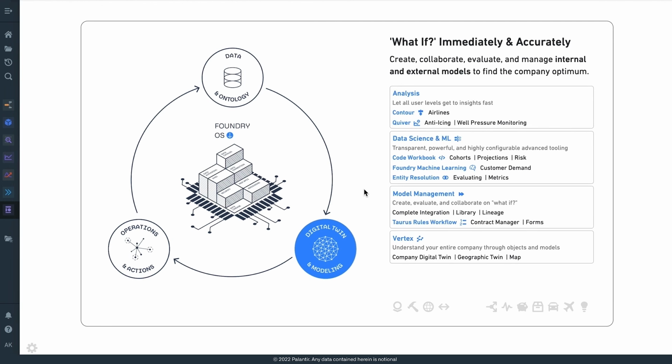The second piece is now how do we bring modeling, data science, linear programming into that same frame so we can actually overlay intelligence into that data and build out not just a semantic representation, but as we said before, a kinetic representation. So how do things actually flow or get dictated in business process based on what the models dictate?